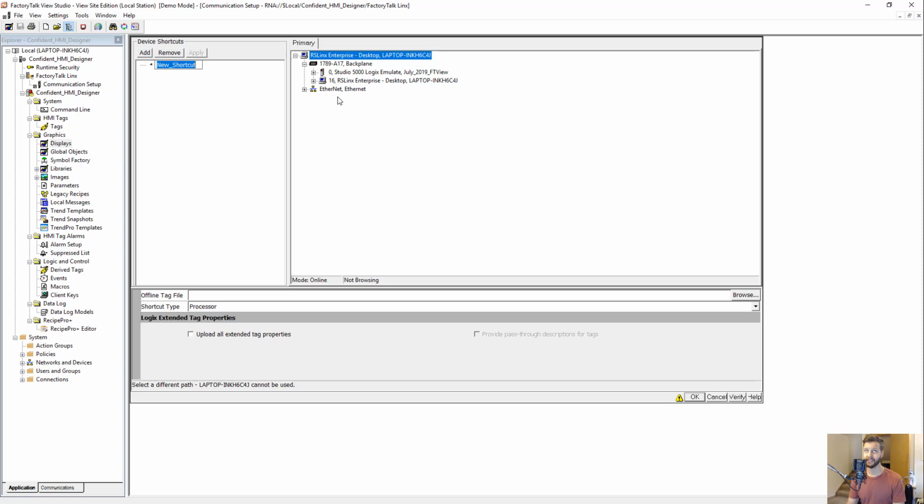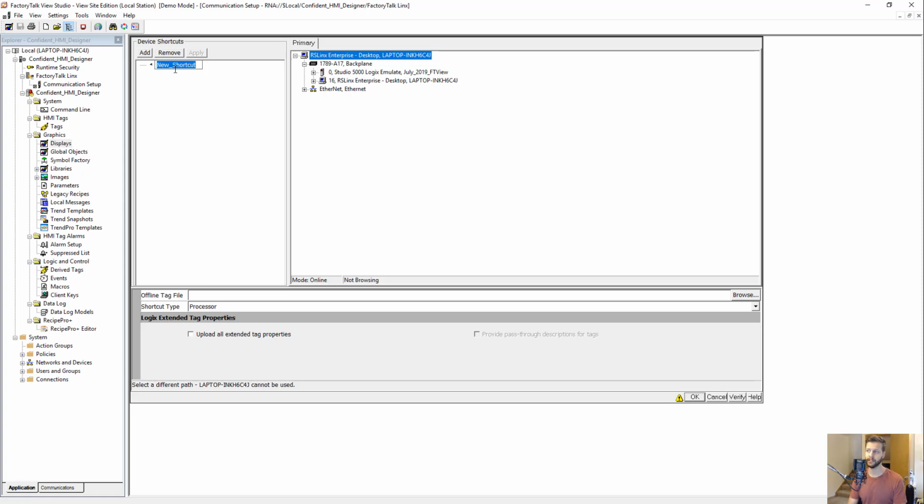So instead of having to write out the entire path, let's say this thing was on an Ethernet network and you had to go through one rack into another Ethernet card and then over to a remote rack, and then that was in slot 7, blah, blah, blah. Instead, they let you just set up a shortcut name so we can reference that in our tags for our animation and our control objects in the HMI, which you'll see in a minute